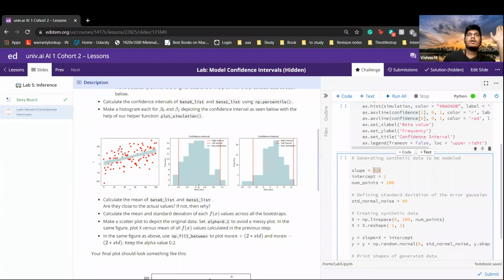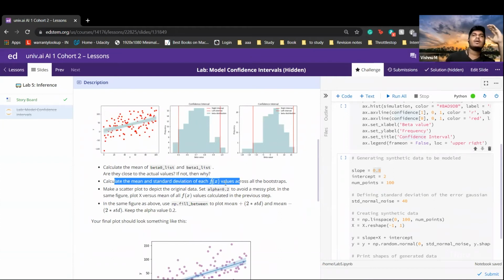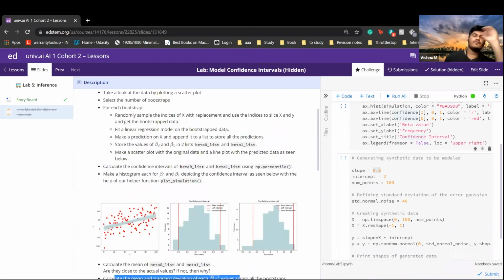Okay. So the next step is you have to take the mean and the standard deviation across all the data points of X of the prediction that we did here, the list that we made of all the predictions.